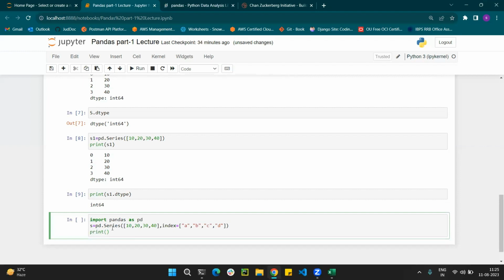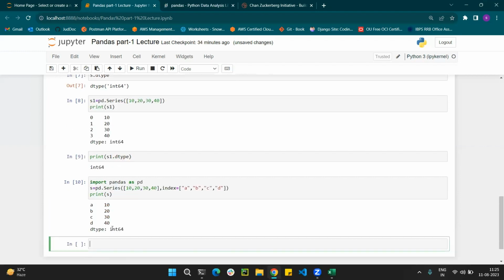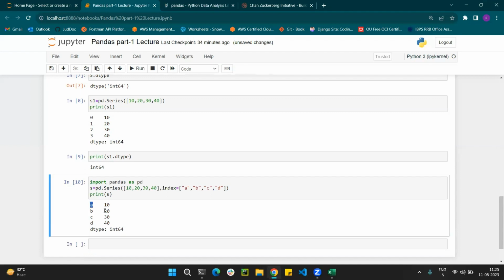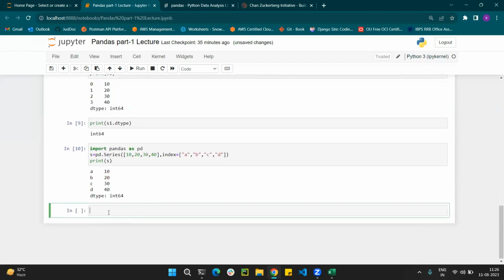Print s. Instead of the default index, I replaced zero with A, one with B, two with C, and three with D. So A equal to 10, B equal to 20, C equal to 30, and D equal to 40. It looks good.